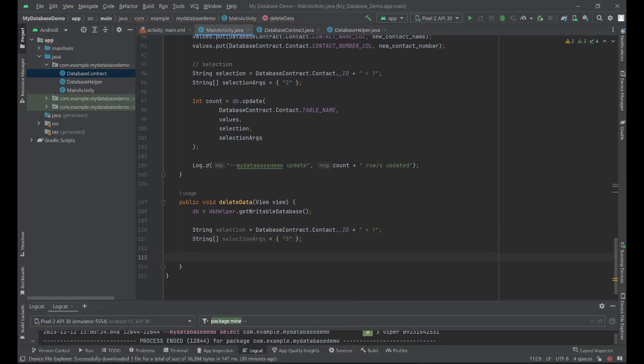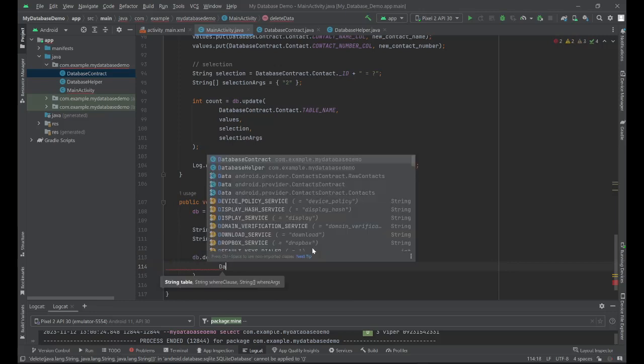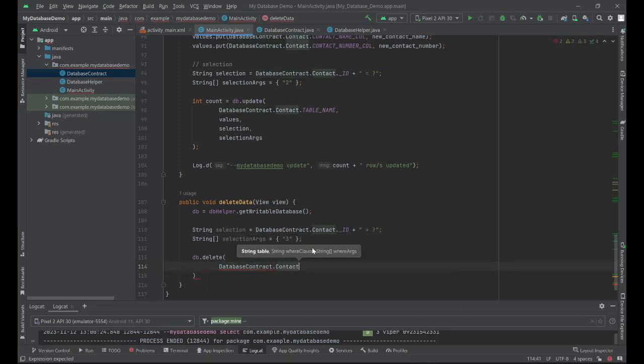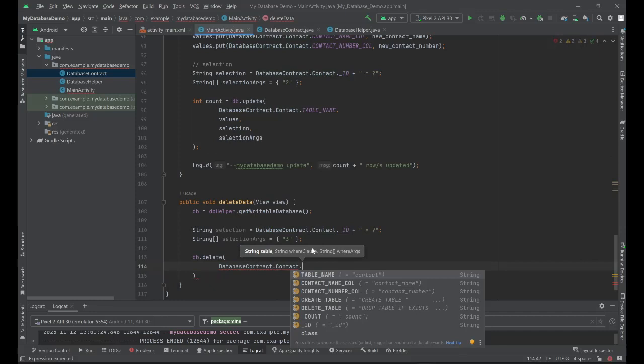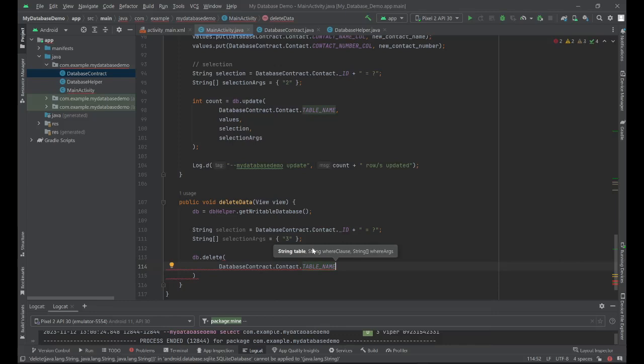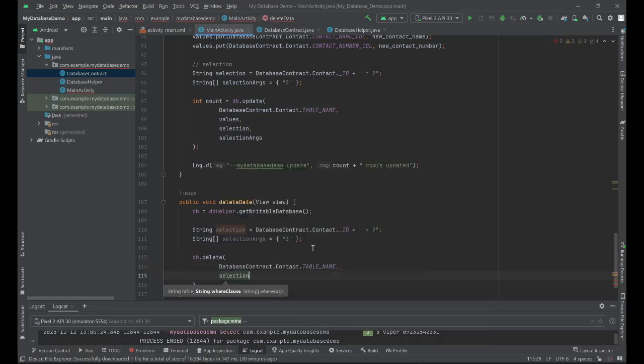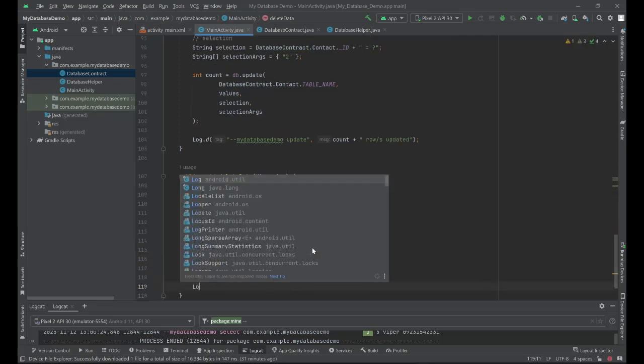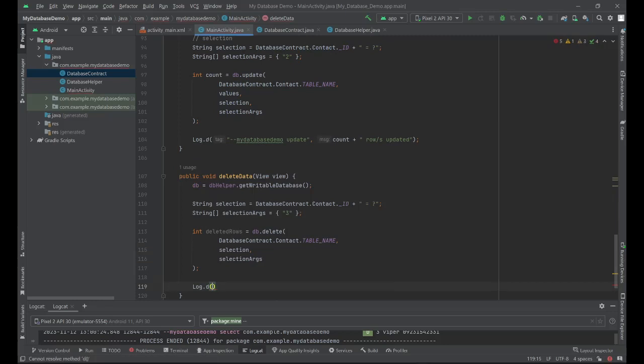And then once you execute the delete, so db.delete, you just need to again call the database name. So let's call the database contract that we created, the inner class contact, and then the table name, which is contact, and then let's call the selection and then the argument semicolon. So this will return you how many rows has been deleted, so you can save it in a variable,